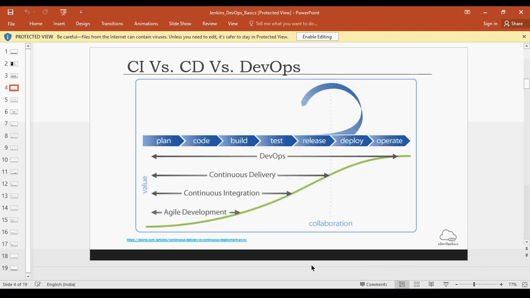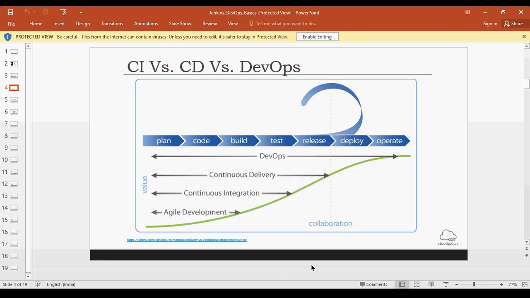And continuous delivery, then these can be delivered to your production environment, or these can be deployed directly into your customer environment. Okay, then DevOps is the superset.